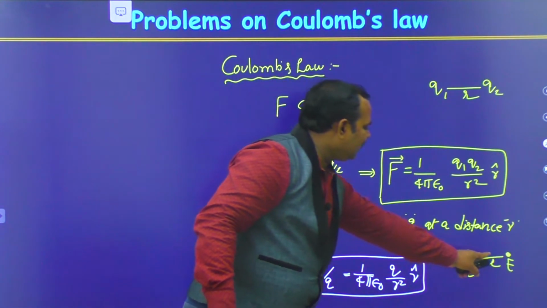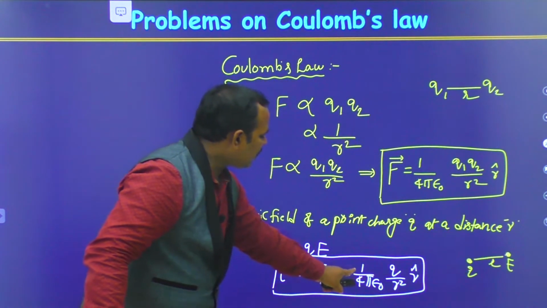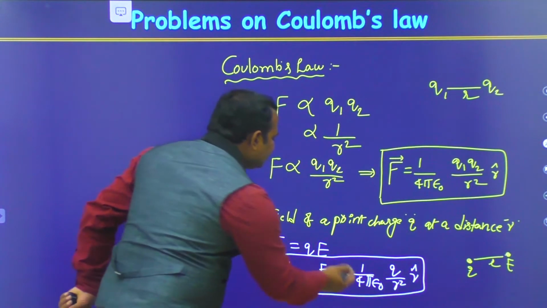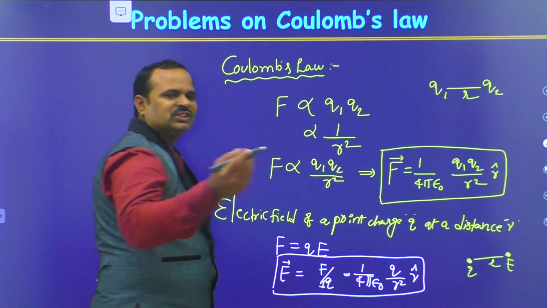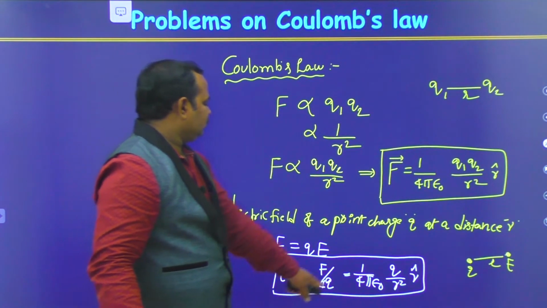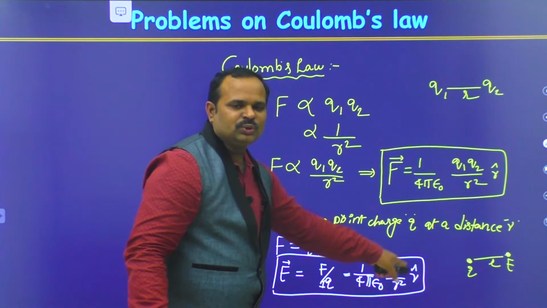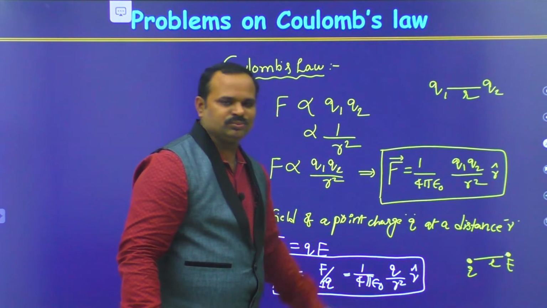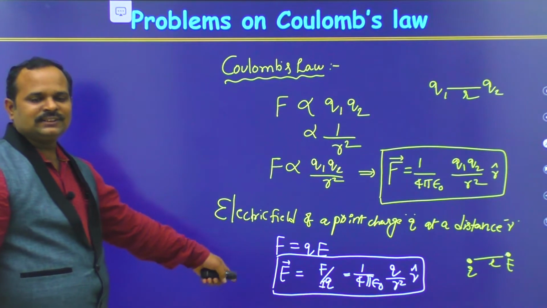So the electric field at this point due to this charge is given by 1 by 4 pi epsilon naught q by r square. Here this q is a unit test positive charge, so it will be 1 into q, so it's 1 unit of charge. So in q1 q2 by q, we cancel q, and the rest is only one q. So these two are the formulas that we use in this problem.